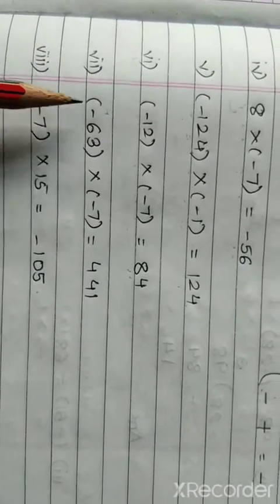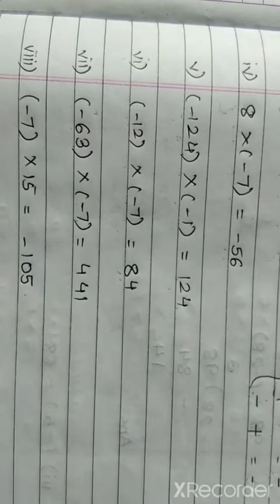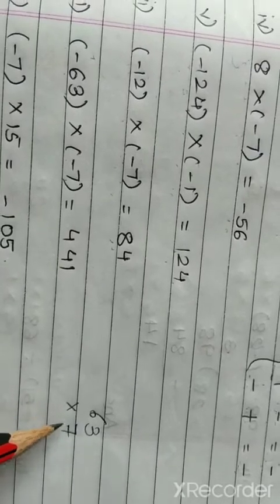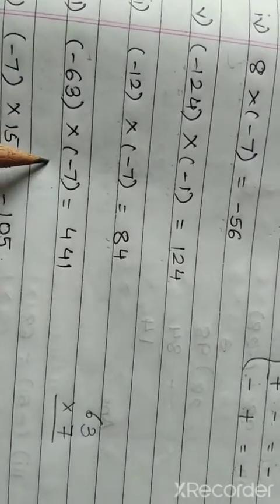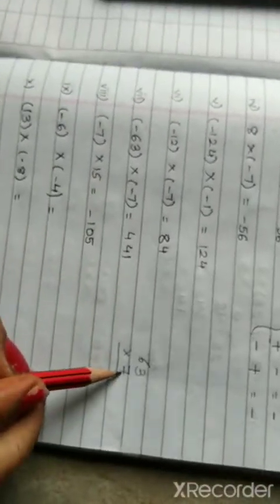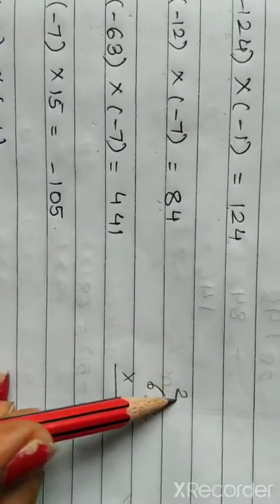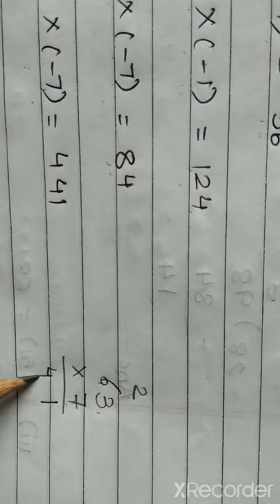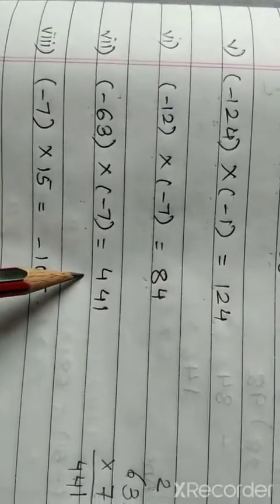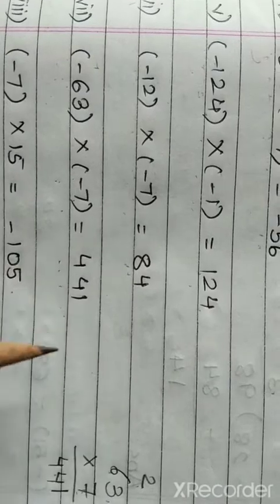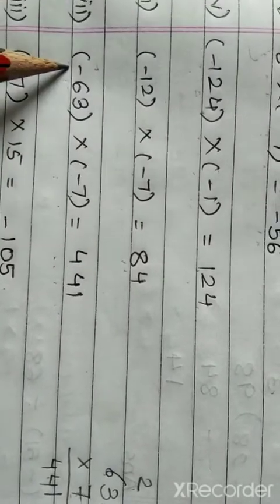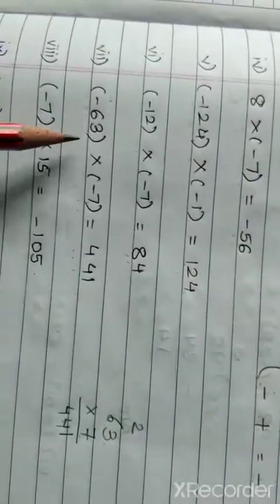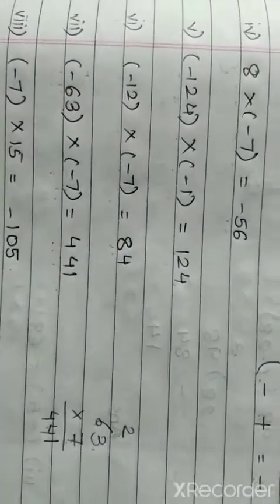Next is minus 63 multiplied by minus 7. So for this we are supposed to do the multiplication. 63 multiplied by 7. We will leave the negative signs apart. We will only multiply and find out the answer. 7 3s is 21. 2 carry, 1 on the base. 7 6s is 42. 42 plus 2 is 44. Again, we got the answer 441. Coming to the sign part. This is negative, this is negative. So our answer according to the rule should carry a positive sign. Therefore, the answer is plus 441.